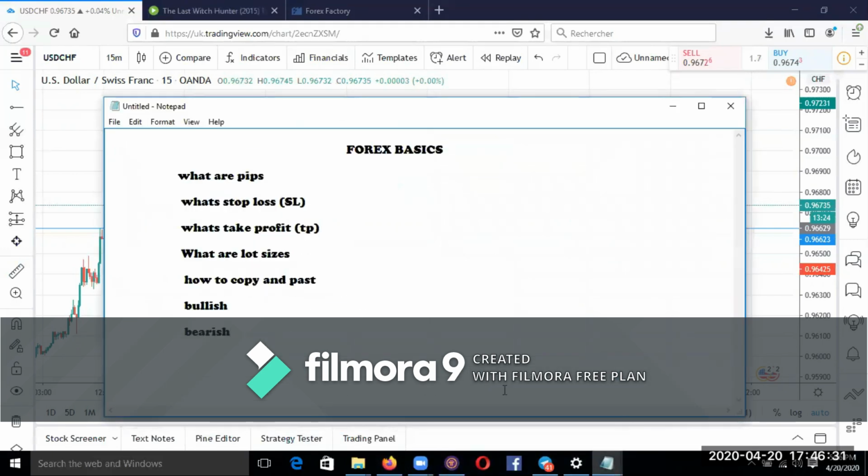Yeah. So now we're talking about stop losses, right? Stop loss. What's a stop loss? I'm gonna define this for you. A stop loss is something that